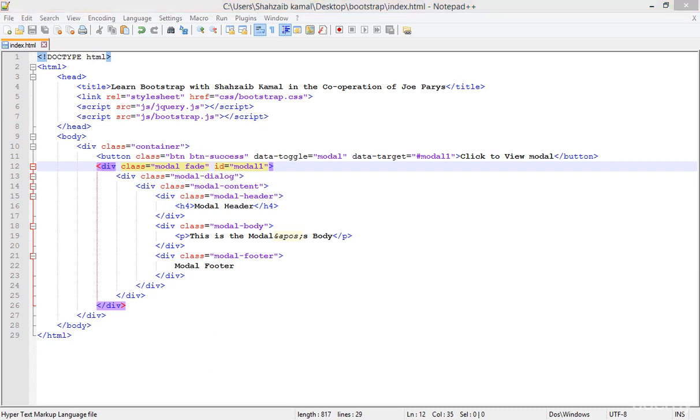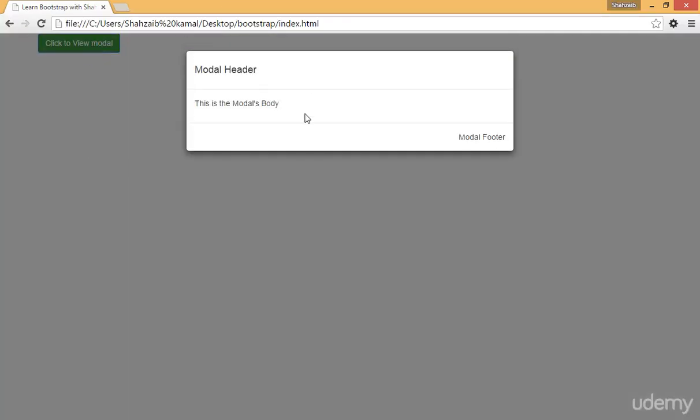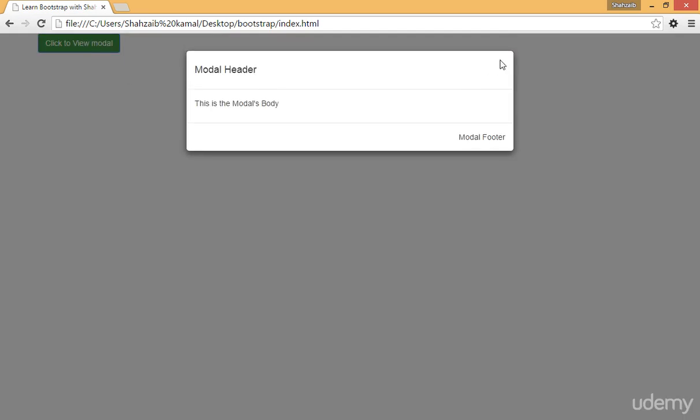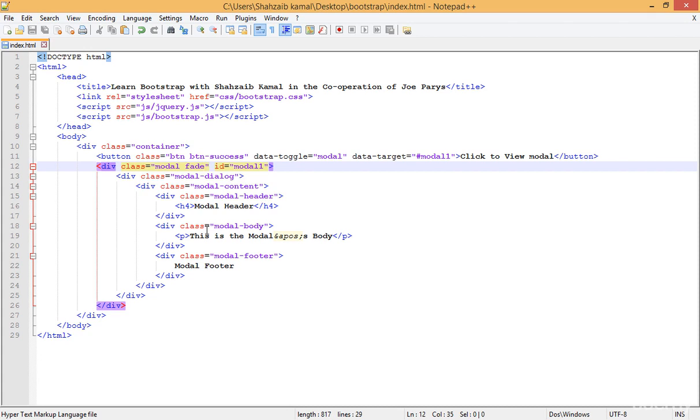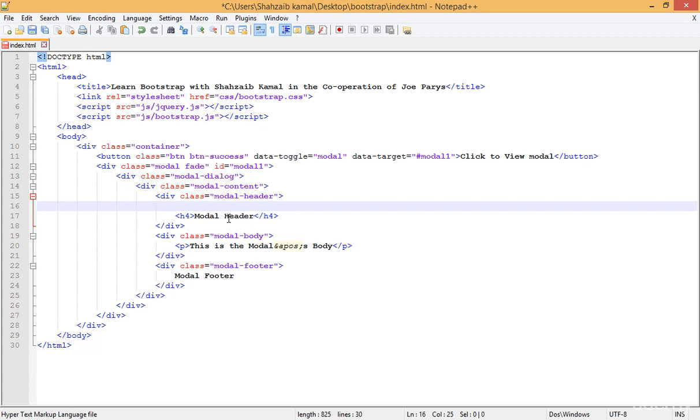The other thing is we should add the close button as well. You know that when we click here, here or anywhere, nothing happens, but when we click outside of the modal, it's closing. Why not add the close button here, as you generally see in different JavaScript applications. Now I'm going to Notepad++, and inside the modal header, just before the text, let's put the button, or instead of the direct button I'm adding the span, or I think I should try with the button.